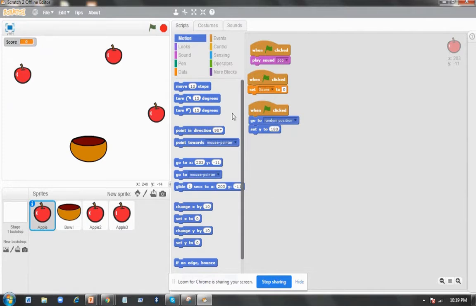Next step, you need to go to the motion and drag the change y by -5, and you need to go to the